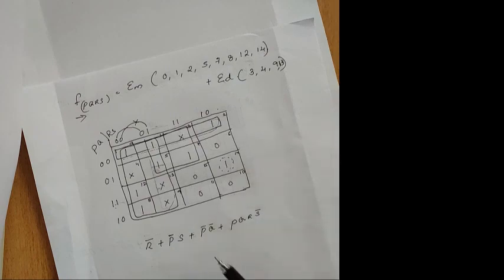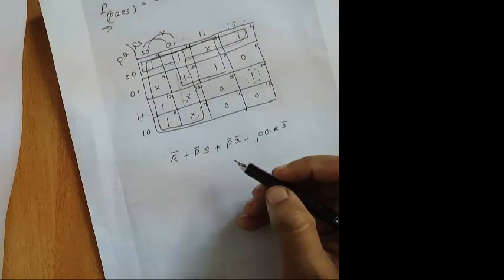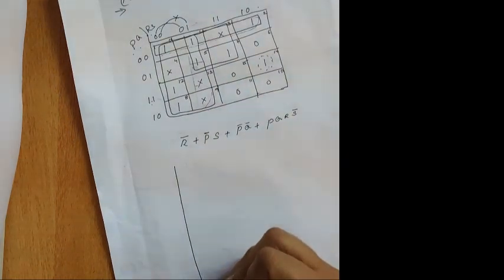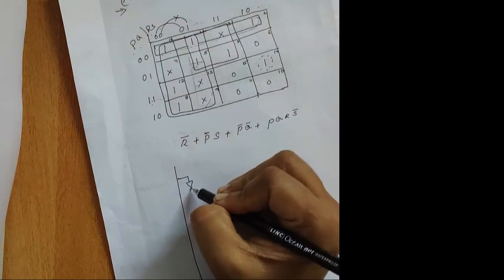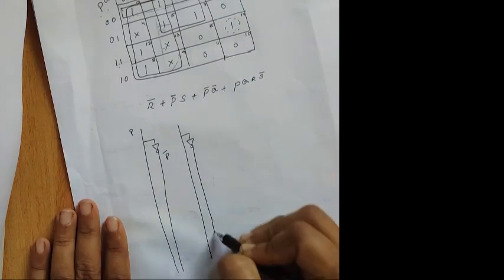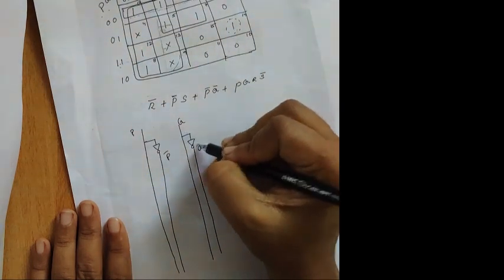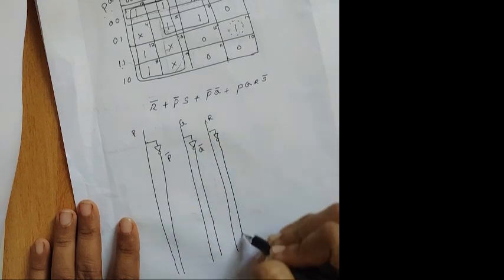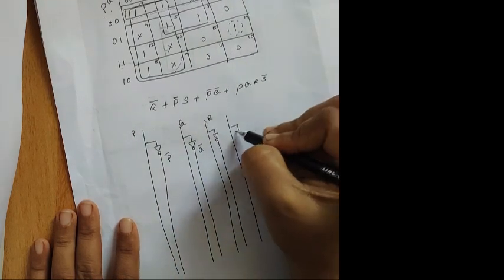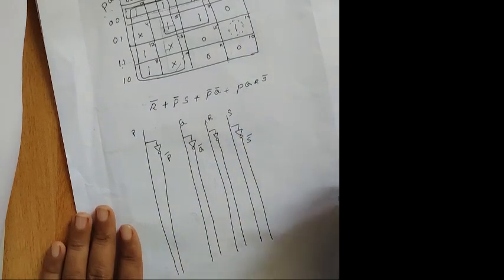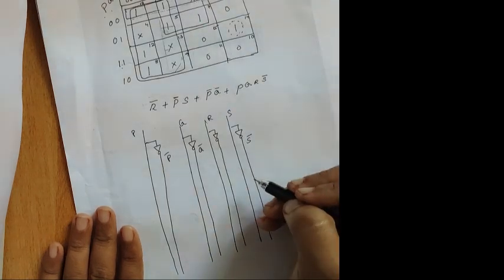Okay. And if in the question it says design and implement, you have to write P, Q, R, S. So you know, for an easy method of drawing, you can give all the terms that are there: P, P bar, Q, Q bar, R, R bar, S, S bar. Design and implement. If the question is given like that, it means you have to implement that.